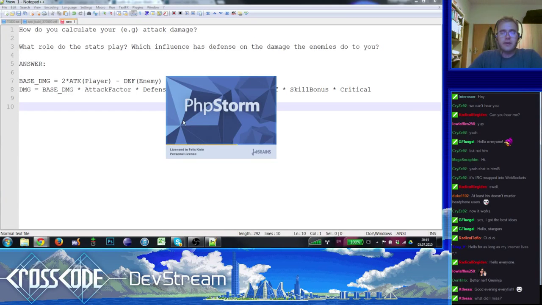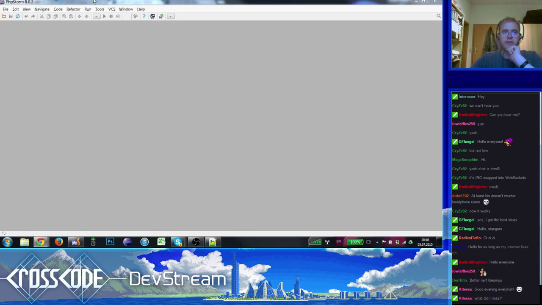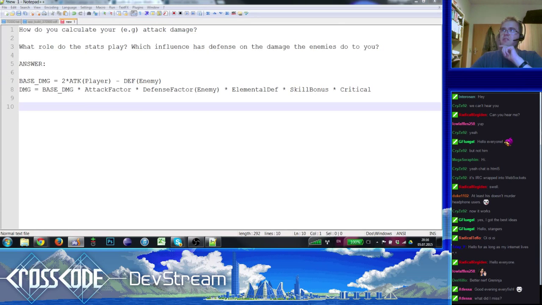If attack is larger than the defense, we multiply the attack with something. I'm just gonna copy the formula here. I have no problem with sharing that. It's essentially just some formula that I came up with by trying out things. I actually created a spreadsheet and did some calculations with several example values and checked: does this make sense? Does this kind of work? That's how I came up with a formula that I'm gonna try to explain now.